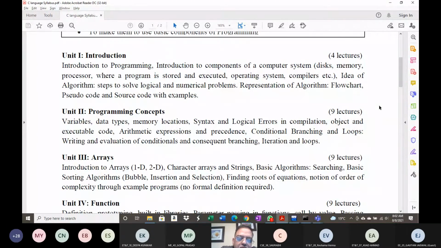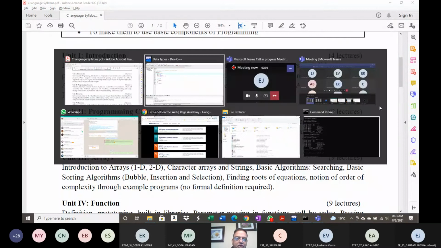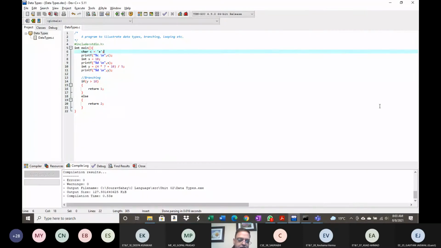Now in C language and in other languages and tools also, we have various data types for these variables. So we have character variables, integer variables, strings, doubles, and so on. So these are the various data types. I have an example. I created this, and it has a few data types. One is char, then we have int. I have given two. There are many others, and I will give a glimpse of the others also.